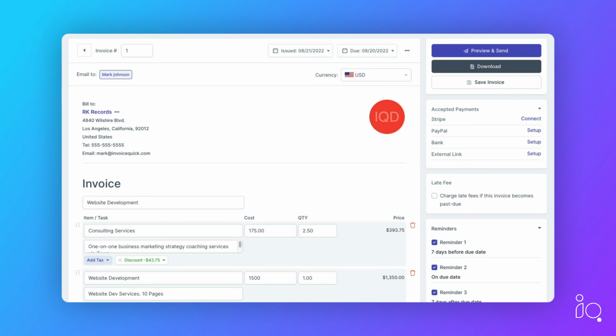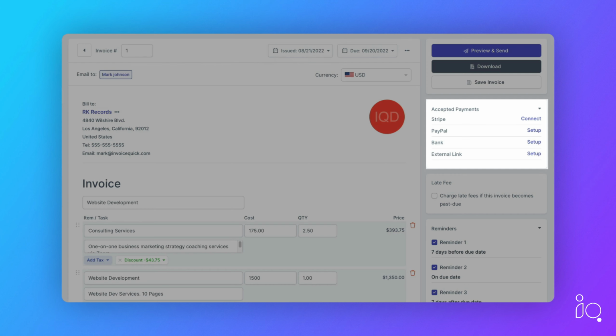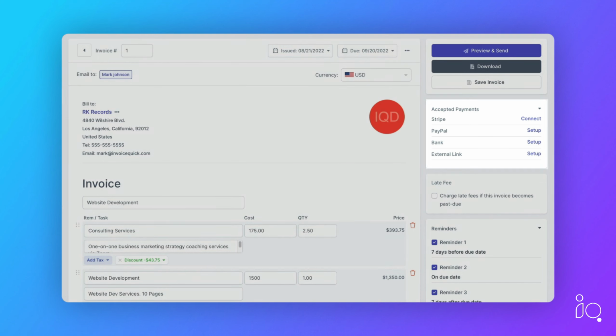Now it's time to figure out how we want to get paid, what kind of reminders to send, or if we want to charge late fees. So on the right-hand side here, which types of payments are we accepting? If this is set up, it'll show it right here. If you watch the company settings video, it'll show you exactly how to set up all of these different payment